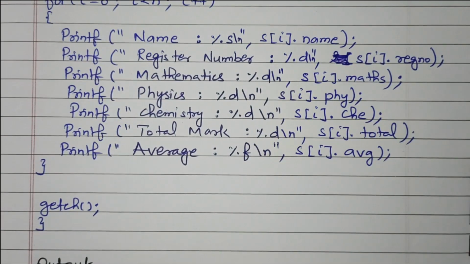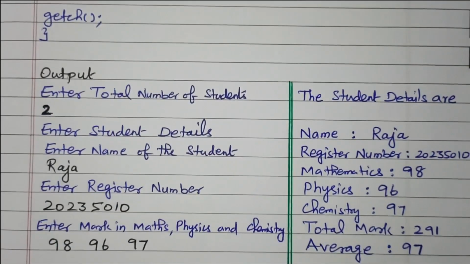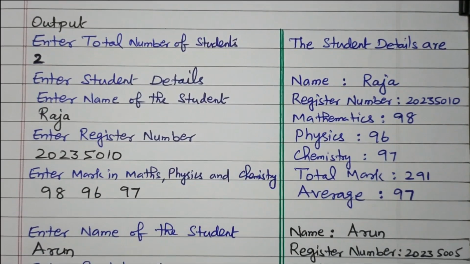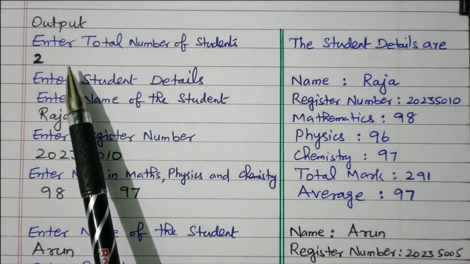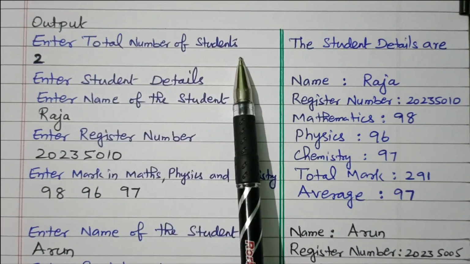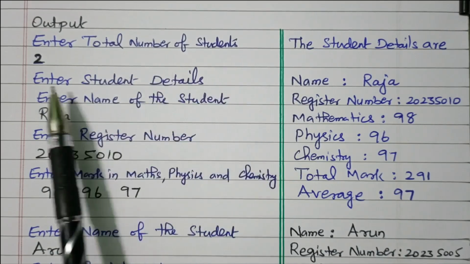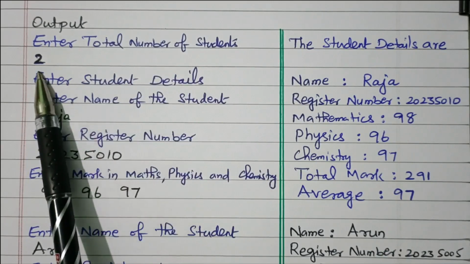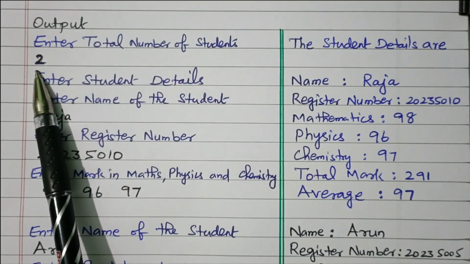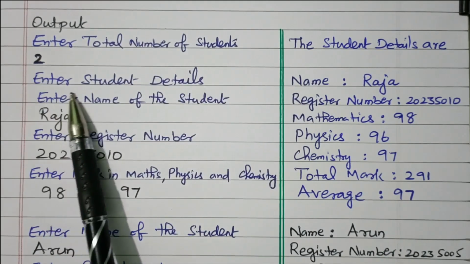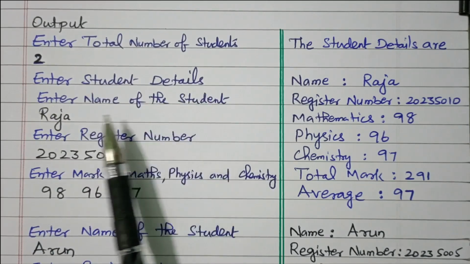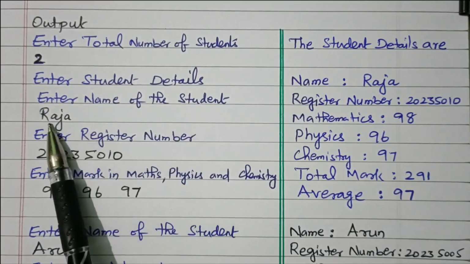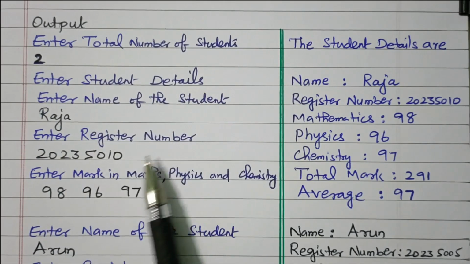Now we'll see the sample output. What is the output of this program? What is the sample output we received from this program? First what we got: Enter total number of students. We asked the user to enter the number of students. It is 2. In the program we referred to 5 students, now 2 students are entered, n equal to 2. Enter student details. Enter name of the student. This is the first student, Raja. Enter register number